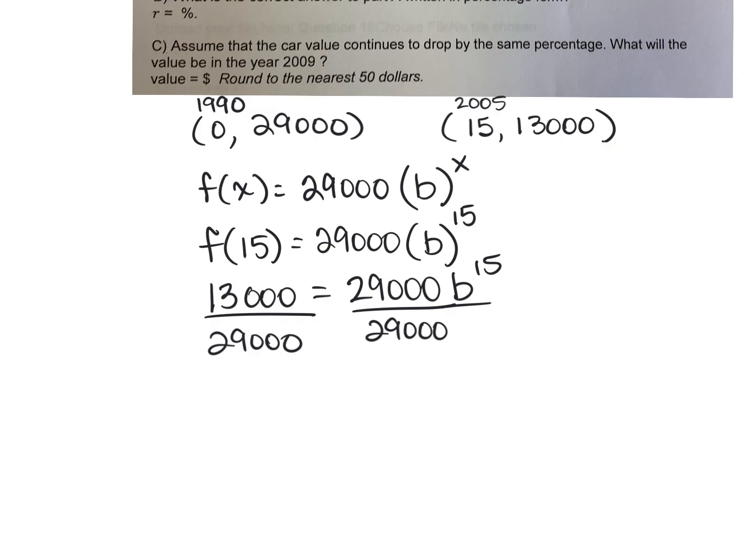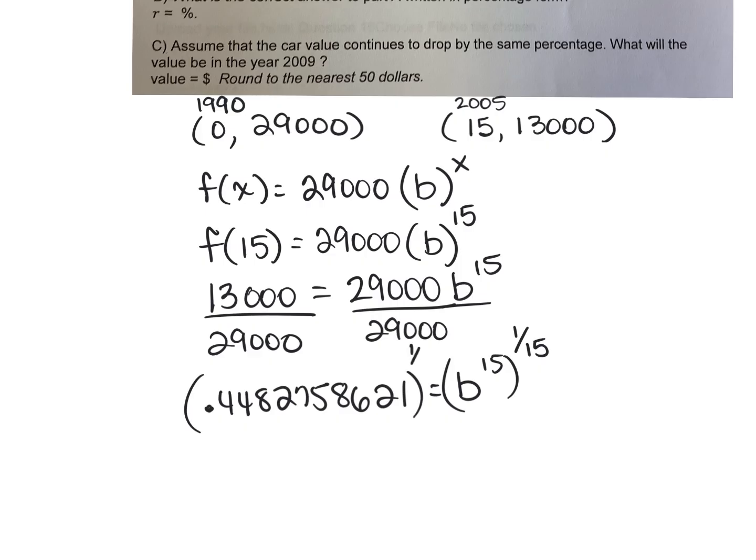13 divided by 29 gives me a decimal, 0.4482758621, and that's what b to the 15th power is. So we raise both of these to the 1/15th power. Be very careful with your parentheses. And this gives me a b value of